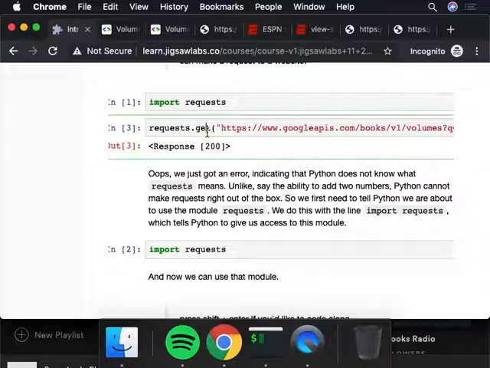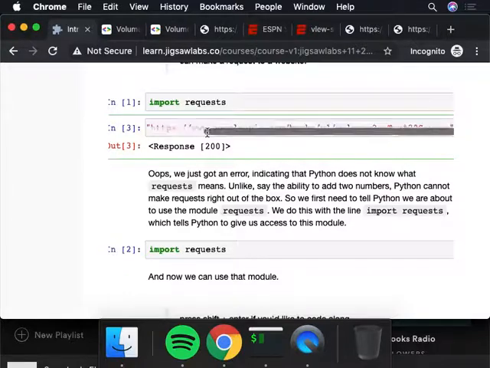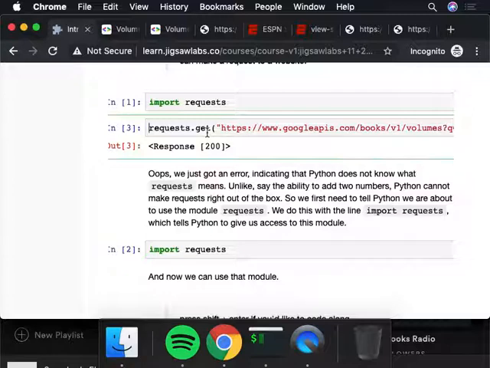400 means something went wrong. So what you just did, if you get response 200, is you just had Python go across the internet, get information from the Google Books API, and bring it back to your code. Now, how do you unpack this information? Once it made that request, it's hard to hold on to it. How we store stuff is with a variable again. So I'm going to store this request in a variable called response.